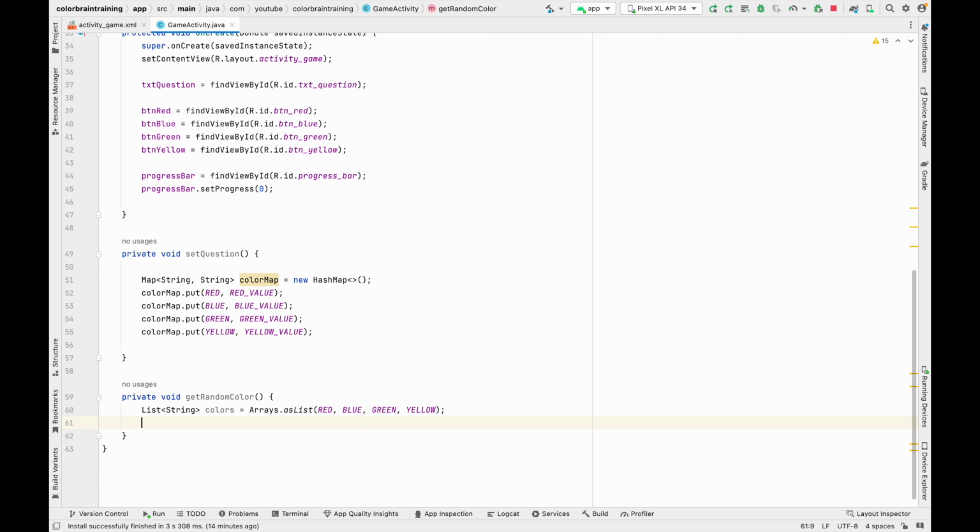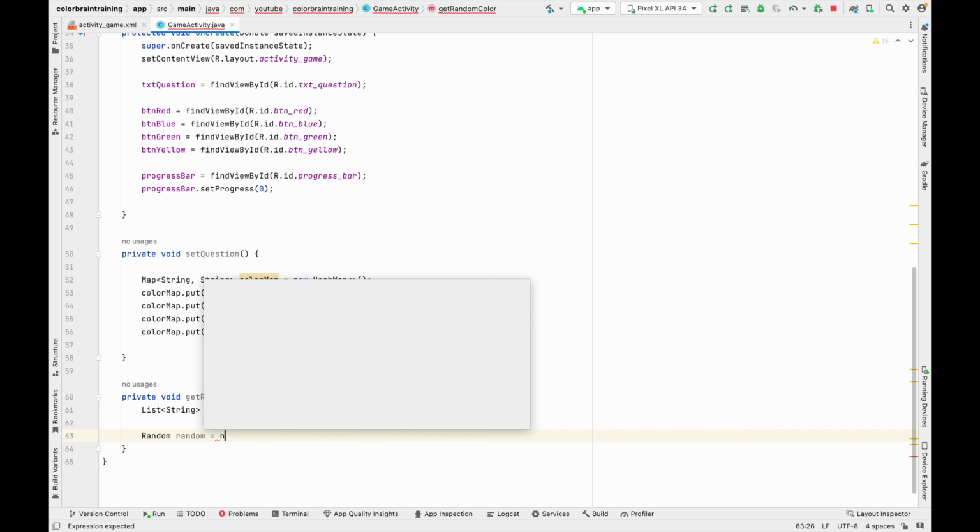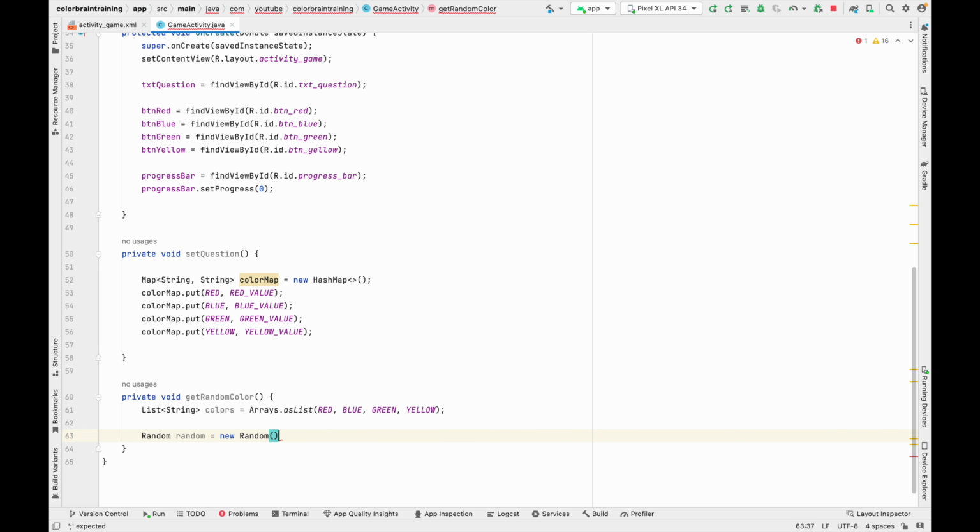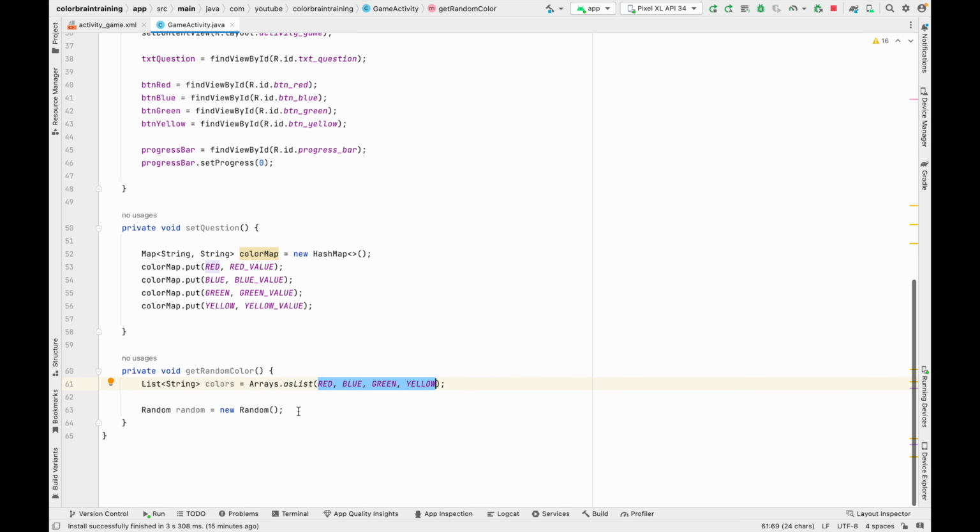The next thing that we can do is use a Random class from Java. So we can write Random random is equal to new Random, something like this. This Random class will help us get the random values, but we have some range, right? Because the size of the colors list is 4, we want the random value between 0 to 3, right? Because the index starts from 0 in the list, so we want a value from 0 to 3. So this is the reason that we have to assign random dot